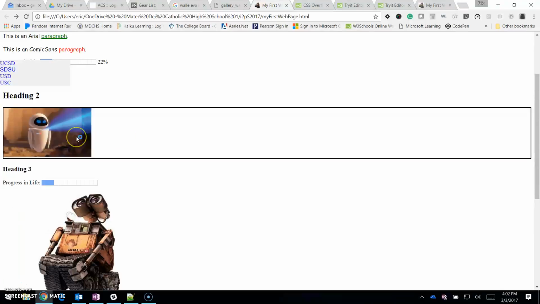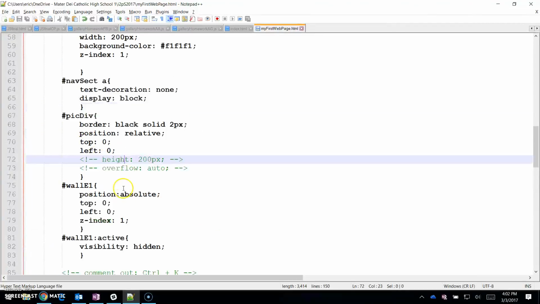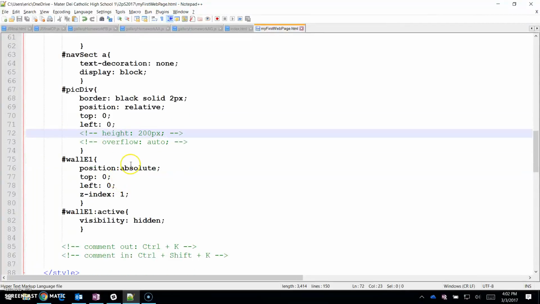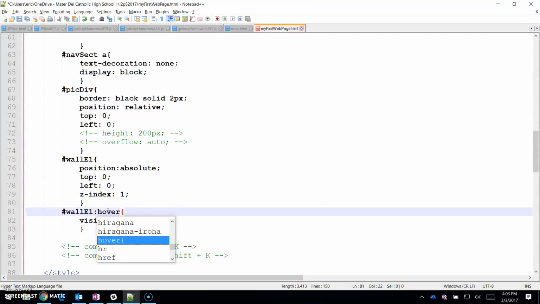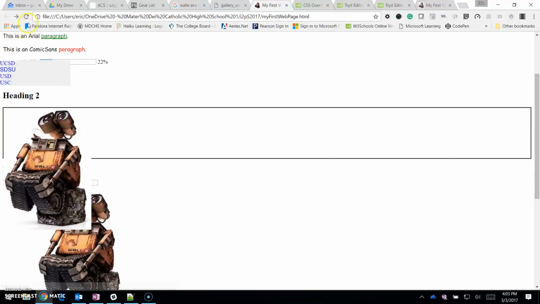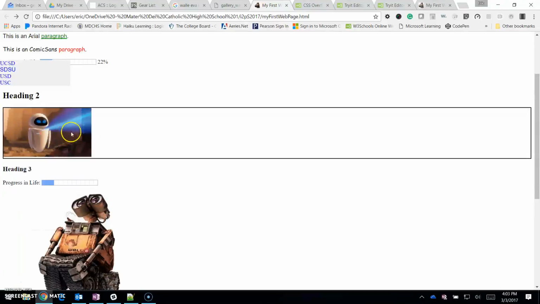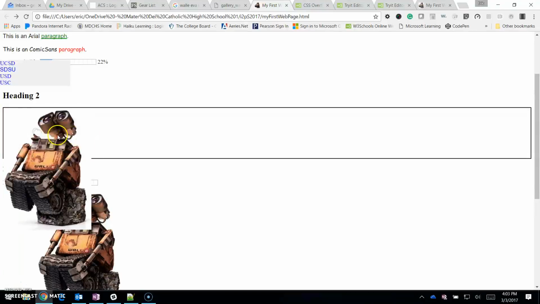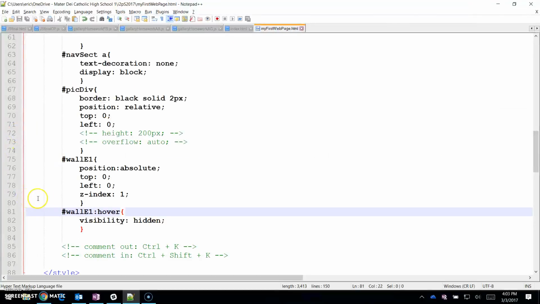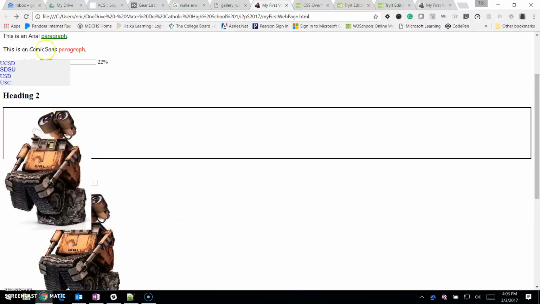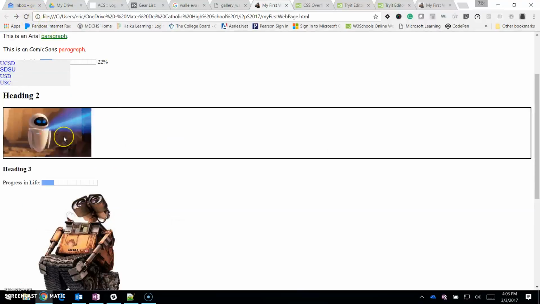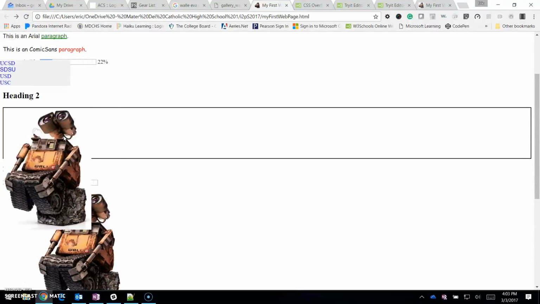And I chose to use the clicking pseudo class instead of hover. Well, let me show you what hover does real quick. I have it here for Wally, hover, refresh, and we get that weird back and forth action, which is kind of weird. So I'm sticking with active, and that is when the button is clicked and held down, that's when the pseudo